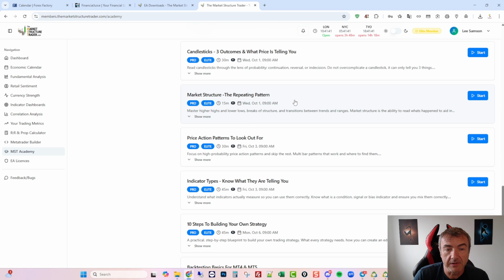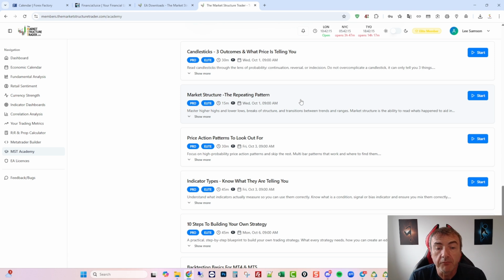Market structure, incredibly important. Market structure is all about the repeating pattern of markets, which is created by institutional movement. So we've covered how the markets move by now, and with market structure, you're going to understand why we're creating that structure. So structure basically is higher highs, higher lows, lower highs, lower lows, etc. It's the way the market moves from support to resistance with bank and institutional movement and profit taking. So it's all about understanding exactly how the market moves, and you'll be able to read where the market is